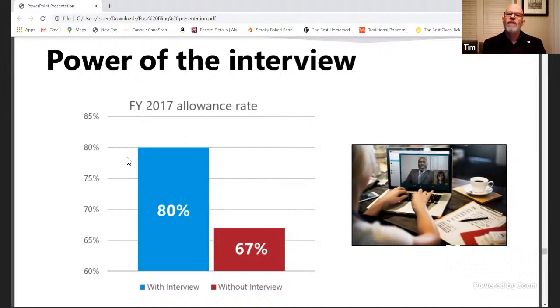So the interview allows the opportunity for you to get together with the examiner, talk about the case, talk about the issues, and see if you can find a way forward to overcome the rejections and whatever the issues are that are standing in the way of issuance. So has this always been available, the interview, and who sets up the interview?